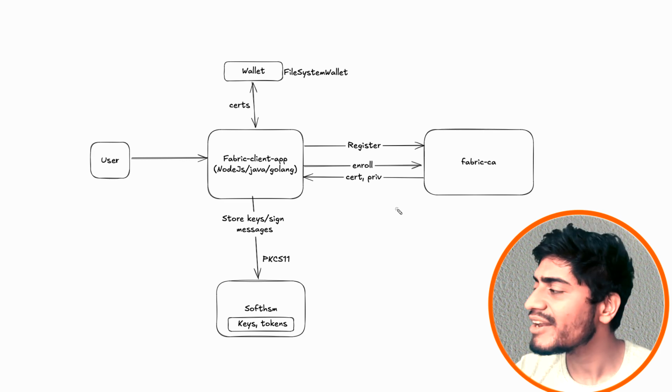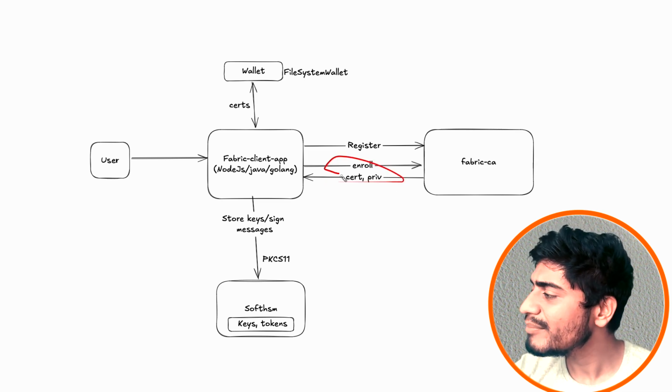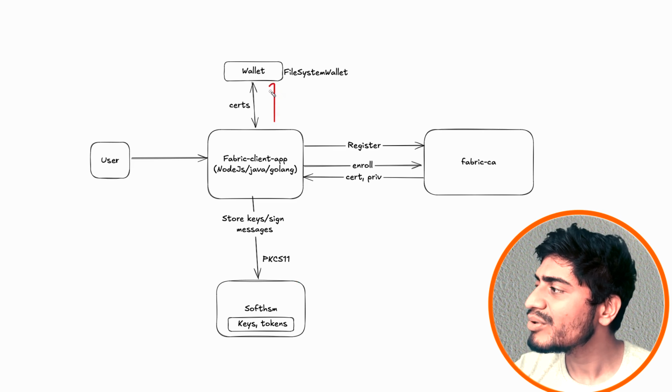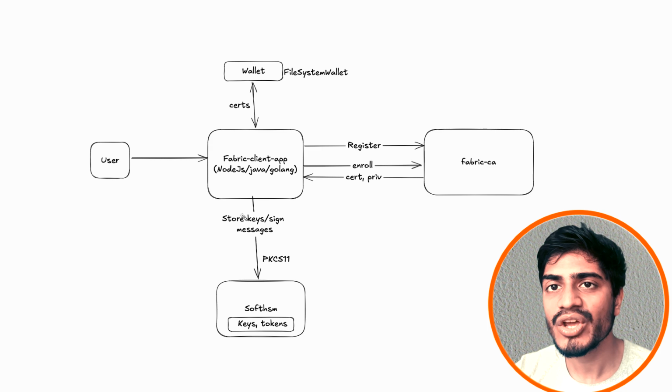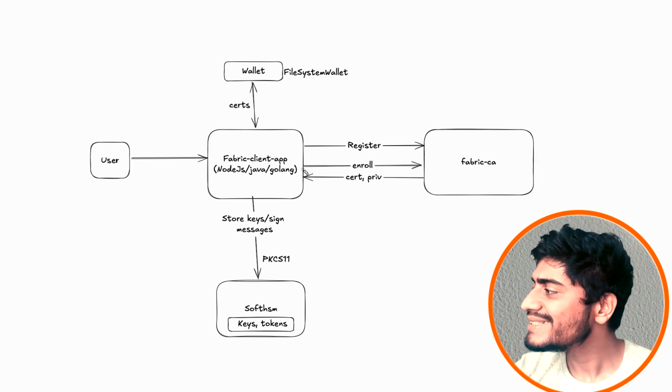So this is how this particular scenario looks, where the keys are stored in the SoftHSM. Again, the users are registered into the Fabric CA, and once we do the registration, we get the certificate and the private key back. The private key is stored in the SoftHSM, and the certificate is kept in the wallet. Now, whenever we have to do a transaction, the signing request is sent to the SoftHSM, where the signing happens. And once we get the signed response back from the SoftHSM, we send that signed response